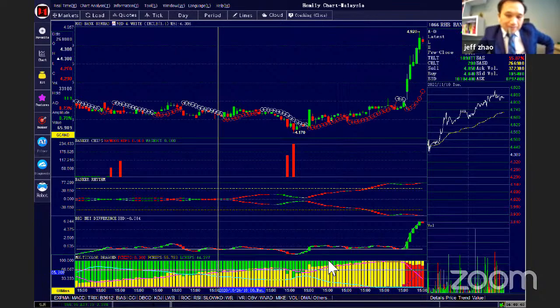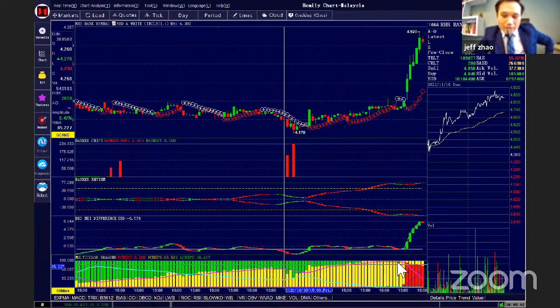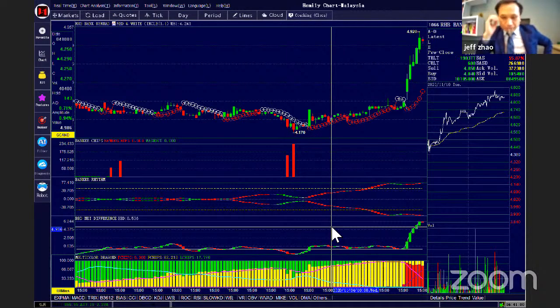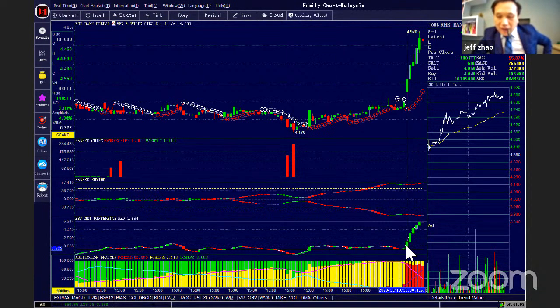Why not go up so much? Because during this area, you can see hot money increase more than 99%. So if you have only the yellow, the hot money, the price keeps sideways and goes up a little. And here is the beginning of the sharp rising area. Sharp rising started from here.